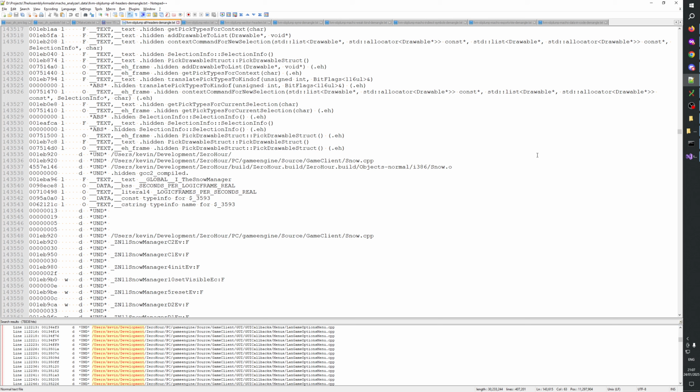So we will implement this ourselves. We will build the classes. We will build where, in which header and CPP they are. We will build the inheritance. We will build the virtual functions